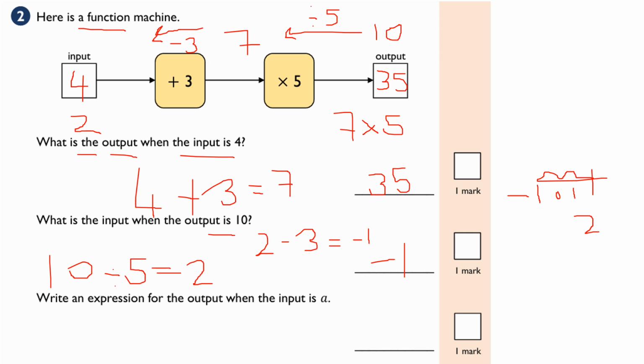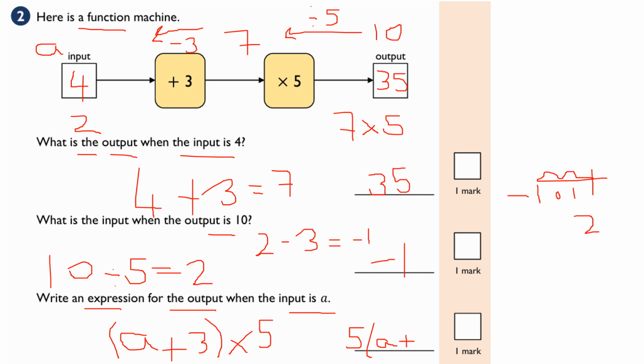Next part: write an expression for the output when the input is A. When the input is A, we have A plus 3. I'm going to put that in brackets, and that's been multiplied by 5. I've got a single bracket here, so I can write it as 5 lots of A plus 3. The reason for the brackets is that I'm making it clear to the examiner that, using BIDMAS, I do the bit inside the bracket first, so I do A plus 3 first,